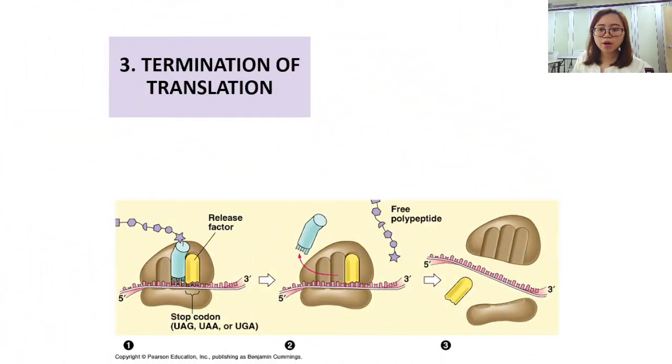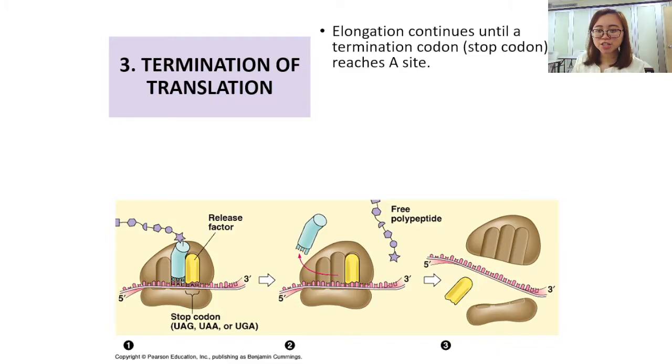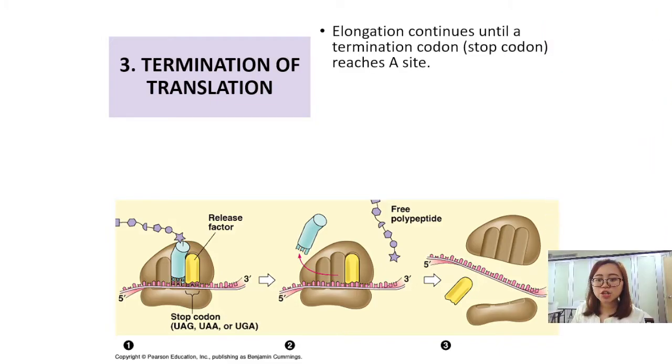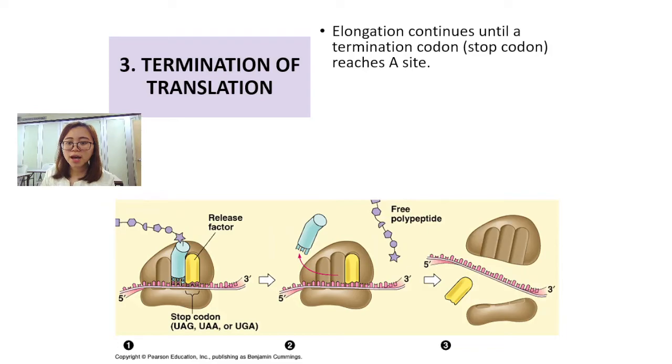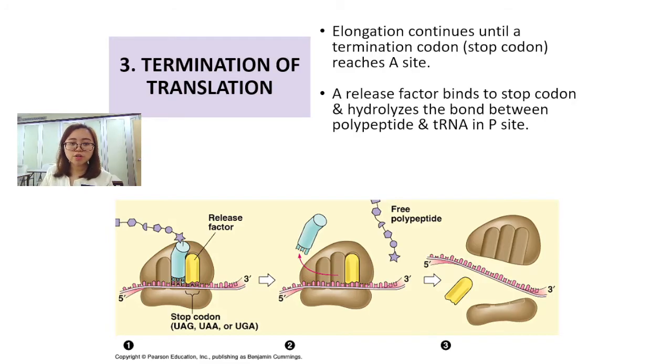Okay, so now we just need to terminate the translation. This translation will continue until it reaches a termination codon or a stop codon. So elongation continues until the stop codon reaches the A site. And then you will get something called a release factor. The release factor will bind to the stop codon and hydrolyze the bond between polypeptide and tRNA in the P